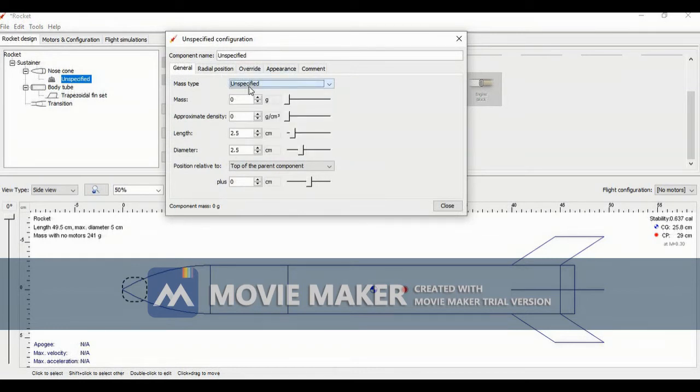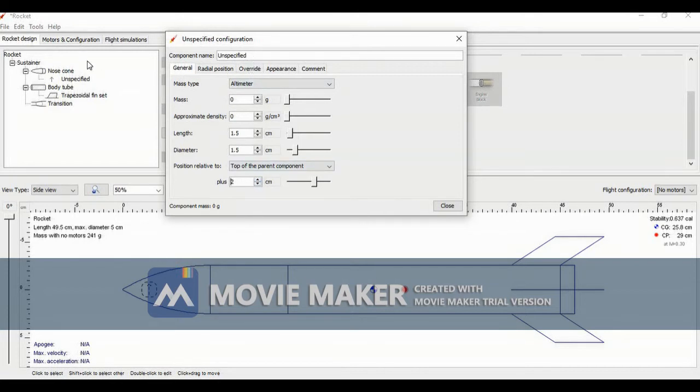Now the mass types: these are the tracker, payloads, recovery hardware, battery, deployment charge, flight computer, altimeter, etc. First of all, we will be putting the altimeter on top. An altimeter tracks how much height our rocket is at. We will set its mass, decrease its size a bit, and put it in the correct position in the rocket.